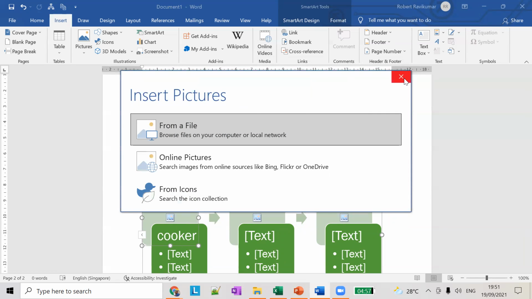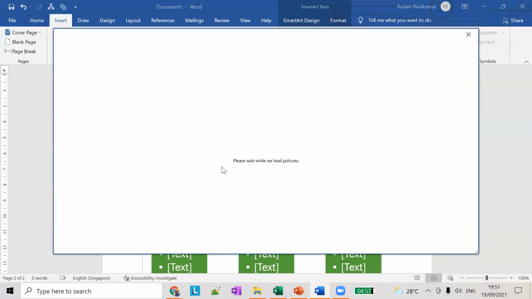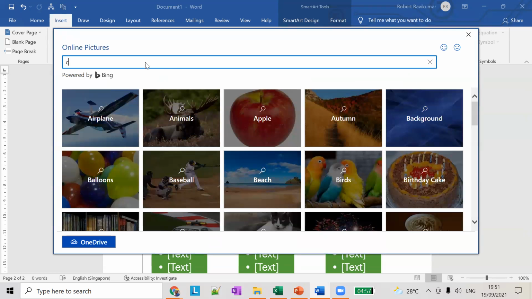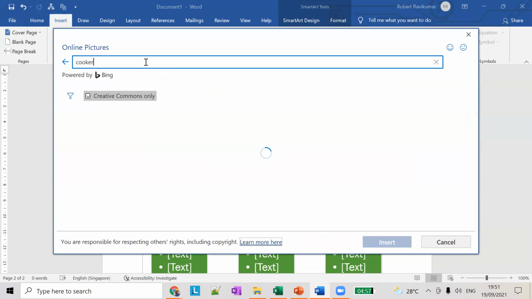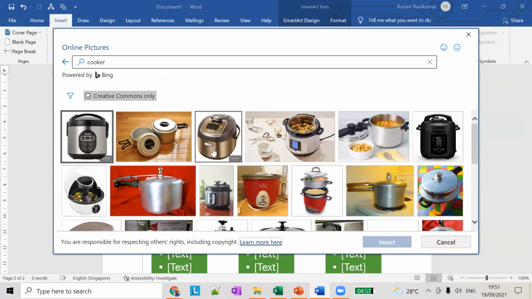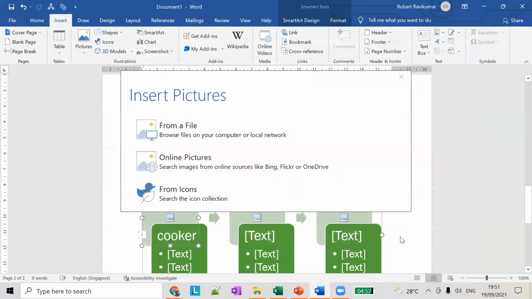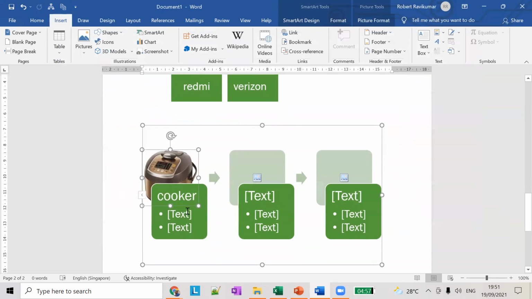Okay, so double click on this and inside online pictures and search for cooker here. Okay, this is nice, right? Yes, sir. So, okay, so if you want to add some other thing, right, then cooker, then vegetables, right?